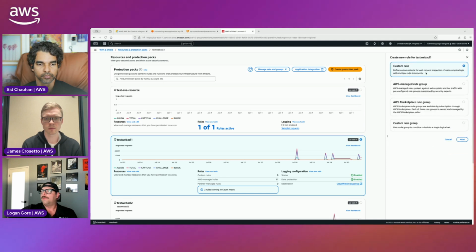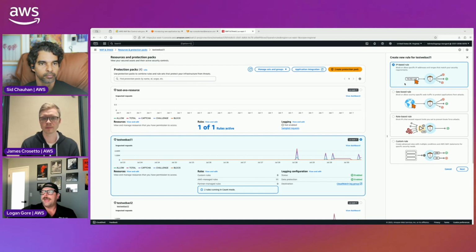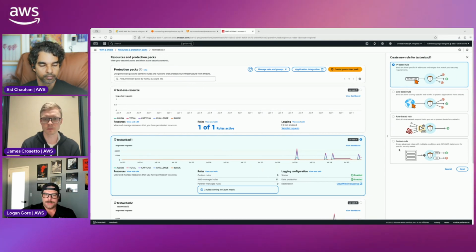We can also add a rule, whether that's a custom rule, Amazon managed rule, one of our partner rules, or a custom rule group. For custom rules, we have provided an even more simplified and accelerated rule configuration experience here. So you have some guidance right off the bat on whether you want this to be a geo rule, a rate-based rule, a custom rule against any field that we can touch, or just a regular